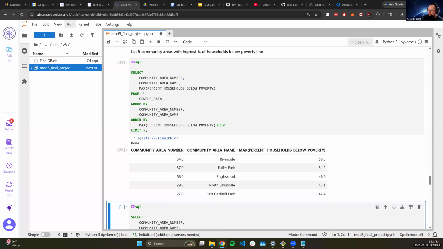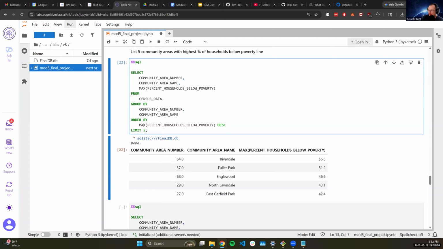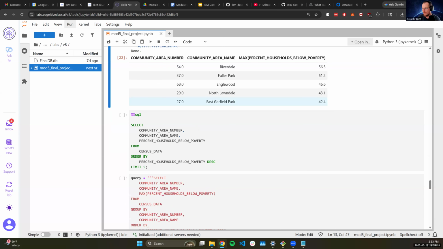You may notice why I'm doing a max here. This is a max of 1, so it's just going to be the same number. I could do average if I wanted to, but because we're aggregating by doing a group by, even if there's only one row per group, we still have to aggregate it somehow. So that's just like a silly little SQL nuance.